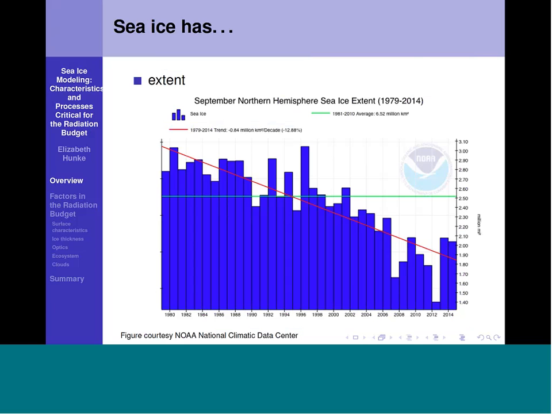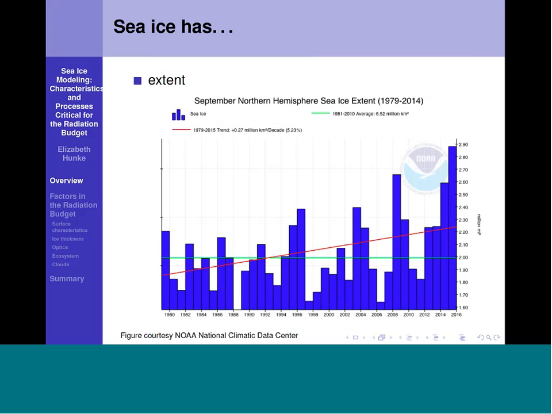This plot shows the total Arctic ice extent in September from 1979 through 2014, the length of the satellite record. 2007 and 2012 were unusual years, but there is a lot of variability from year to year. And the trend is toward less ice in the summertime. This is a similar plot for the Antarctic, and here the trend is going the other way, toward more ice, although the interannual variability is huge.